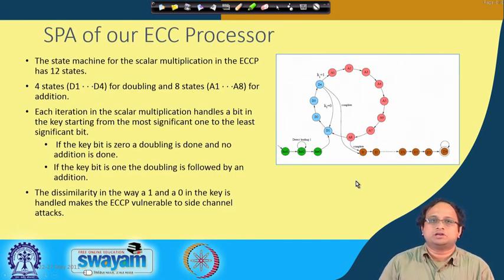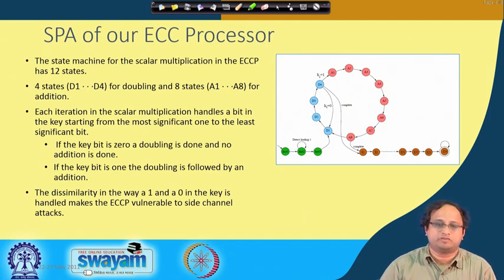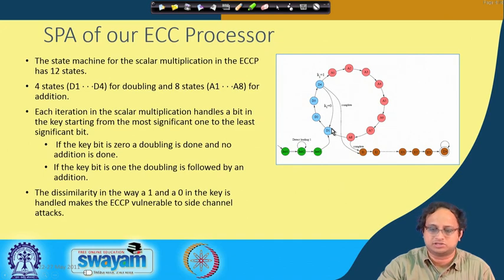So what we will do here is look back at our elliptic curve processor, which we already designed in one of our previous classes, and this is the state machine at which we left our elliptic curve hardware. Remember that we had some initial 3 clock cycles, but most importantly, when the scalar starts to get processed, you try to see whether your key bit is 0 or whether your key bit is 1.